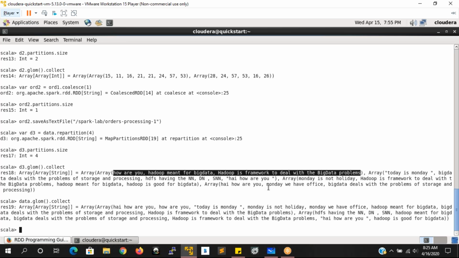This is the third partition, this is the fourth partition. That means it is reshuffling, or not? Yes, it is not going to be in the same sequence in which the partitions were created initially with the RDD. When you say repartition, it is going to reshuffle all the existing partitions of the data, and that data will be reallocated, reloaded to the different partitions again.